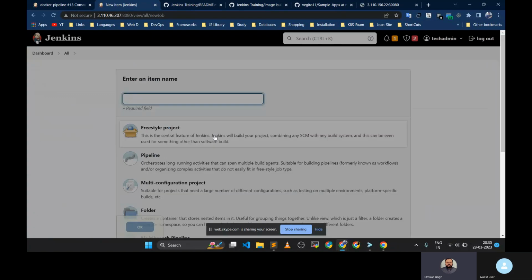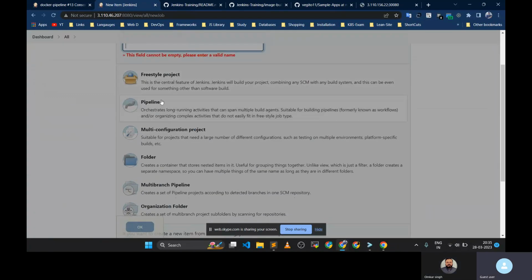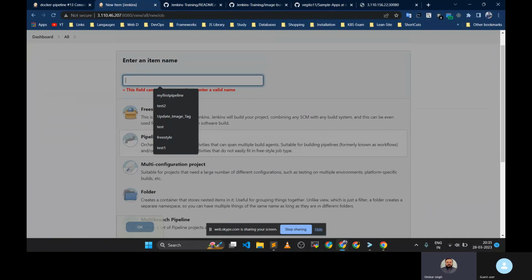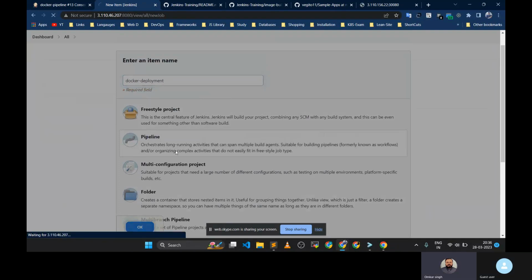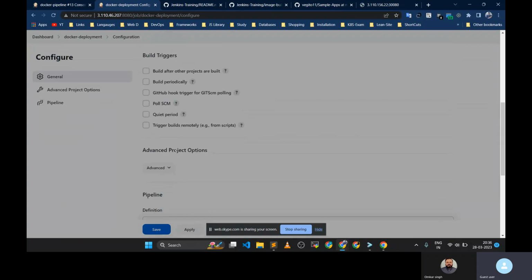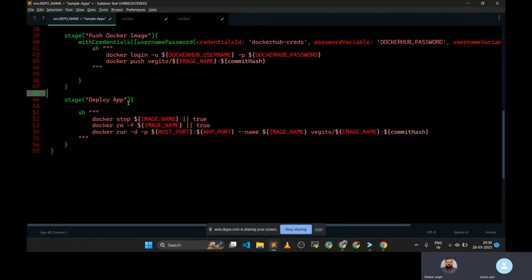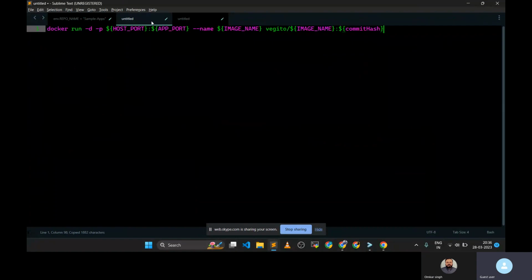We can do it separately also, right? Yeah, right. So right here, Docker deployment. You can give any name, Docker deployment pipeline. Next thing is here, only copy the